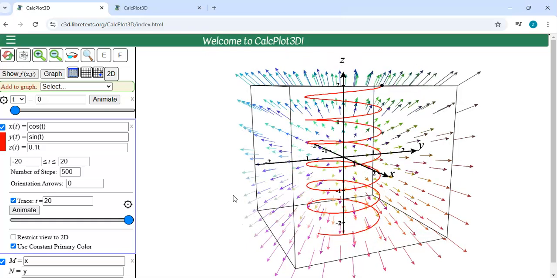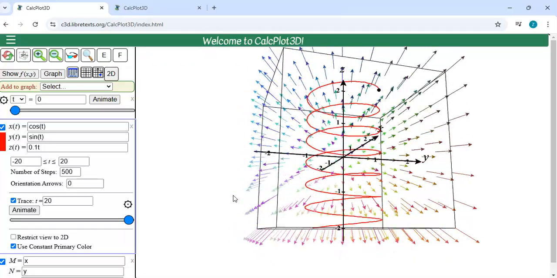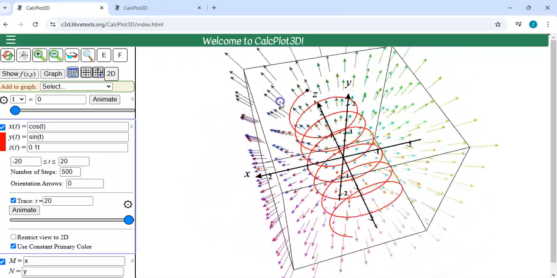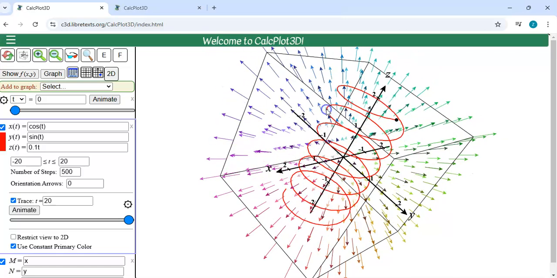But if you have something that's nasty, you're going to be following it around and doing all sorts of weird stuff, or maybe you have to use the click and drag. Either way, it's probably going to get rather challenging. So it's doable, but like I said, challenging. On the other hand, if you are restricting the view to 2D,